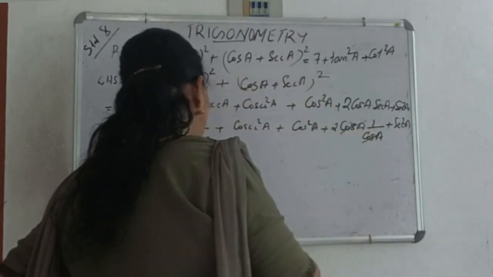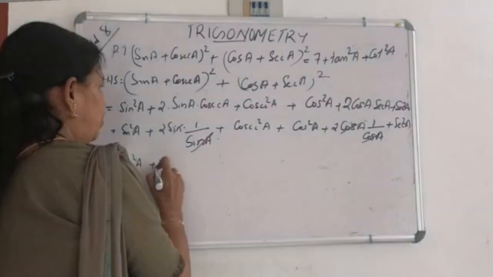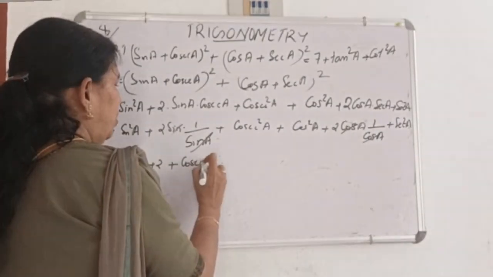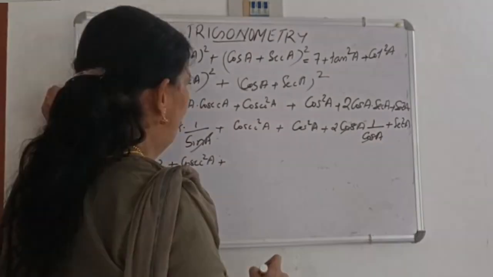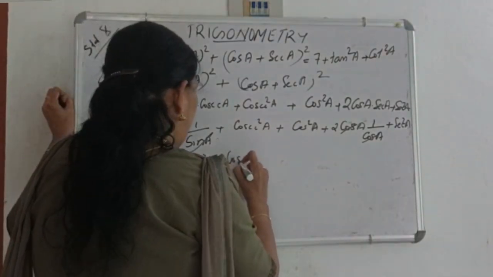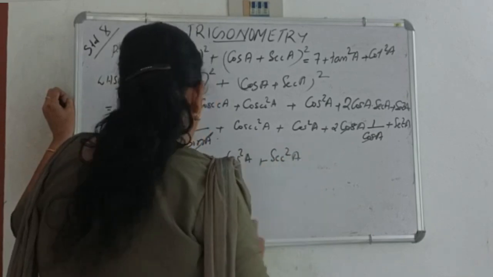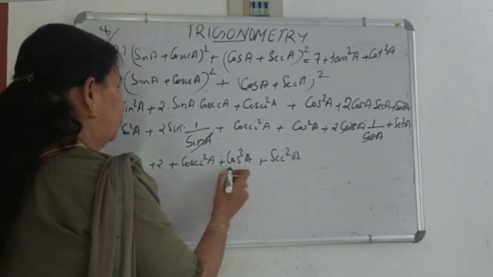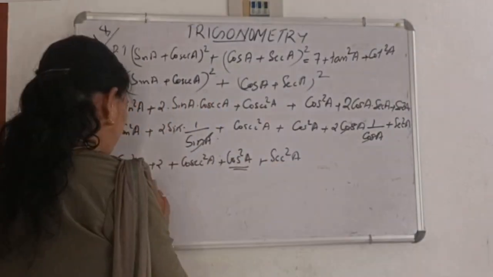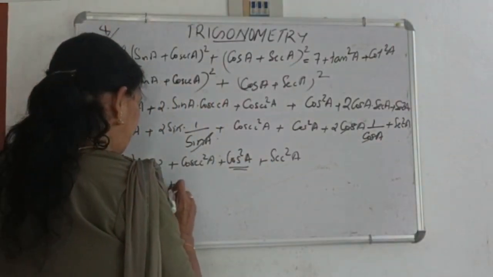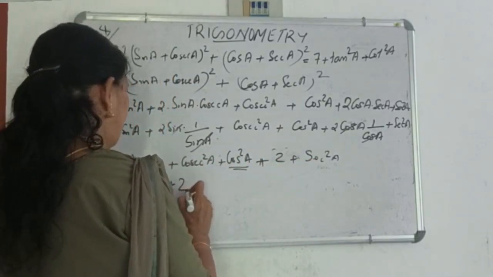Cos A cancels, sin A cancels, that is equal to sin² A + 2 + cosec² A + cos² A + 2 + sec² A. Taking these 2s together, cos² A + sin² A equal to 1, plus 2 plus 2, that is 1 + 2 + 2, plus